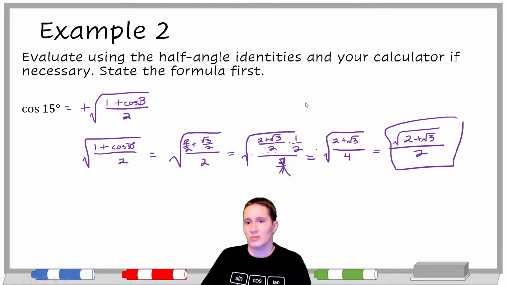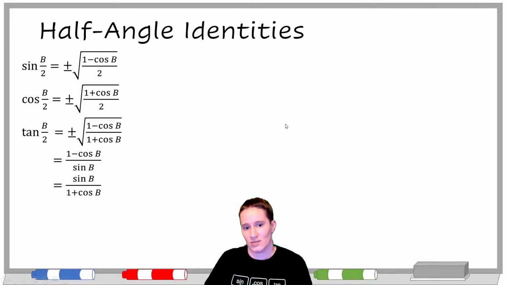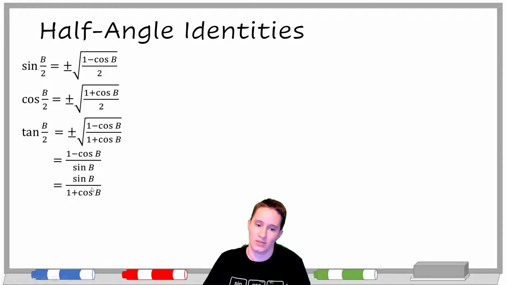So how about if we do tangent? Now, you might be thinking, there's 3 choices. How do I pick which one to use for tangent? And the same issue would come up on cosine for the double angle identities as well. So let's look at the half angle identities. My strongest feelings on this is avoid the square root one unless you have a really good reason for using the one with the square root. And then as far as which of these two is better,